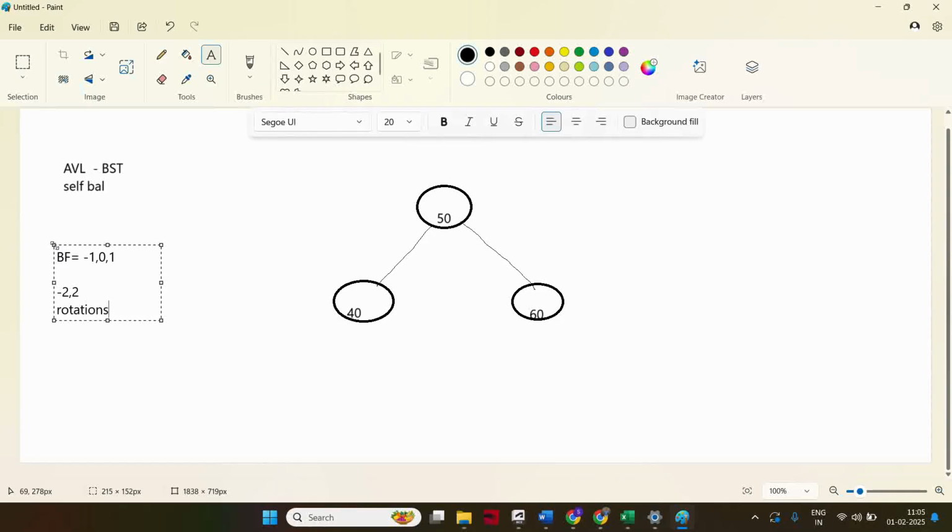We have to do some rotations. If the balance factor is either 2 or -2, we have to go for rotations. There are only two rotations, left rotation and right rotation. What are the cases? I will explain. First, how to calculate a balance factor. That's it, nothing else. For example, here,